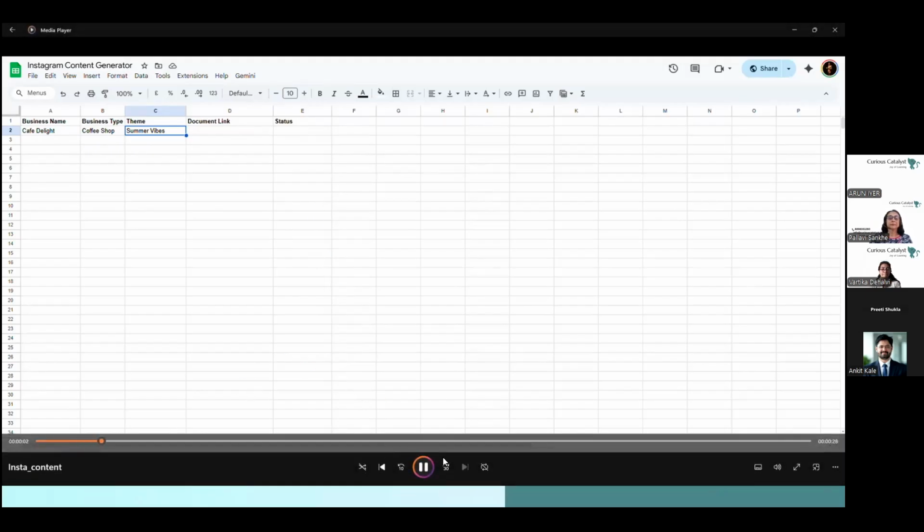If I run this automation, it runs in the background, and once it is finished, it will give me a document as well as the status, whether it is completed or not. I'll also show you what it creates in the background. Just allow me 1 second for that. But these are the kind of automations you can think of implementing initially, because as a founder, it saves you a lot of time.